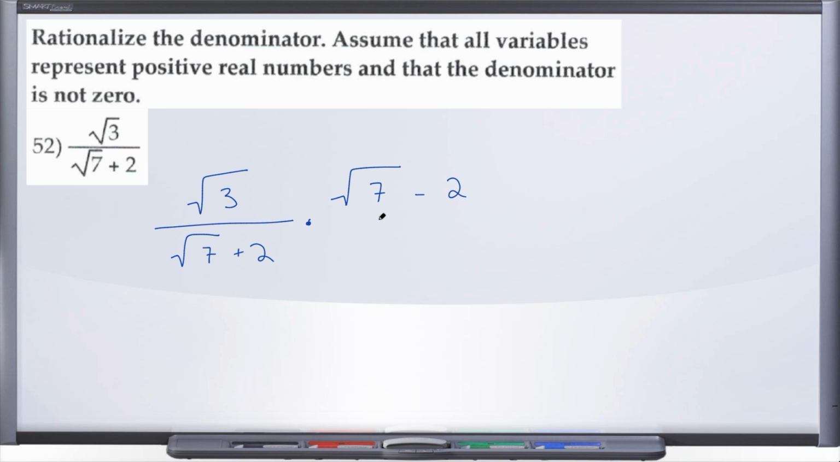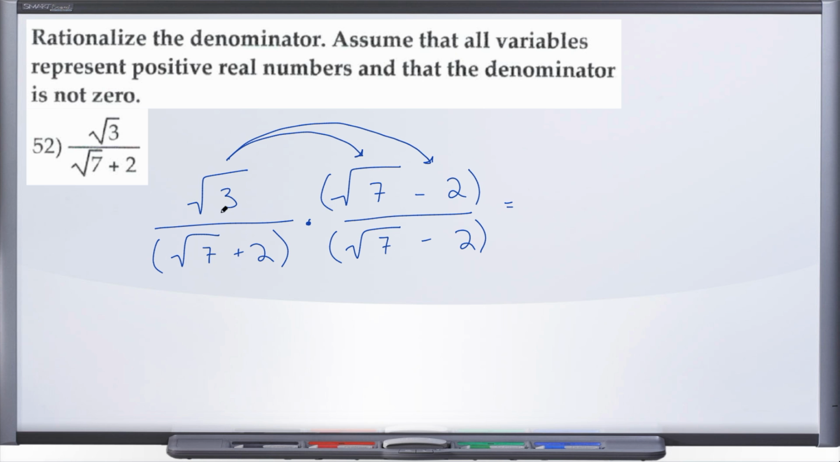So radical 7 minus 2, and then radical 7 minus 2, and now we're all set up to go ahead and rationalize that denominator. So we're going to take this radical 3 and distribute it through. So we have radical 3 times radical 7, well that gives us radical 21. Radical 3 times negative 2 gives us minus 2 radical 3 over, now again, here in our denominator we have